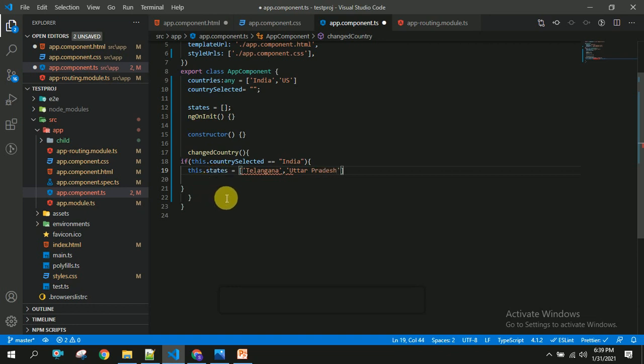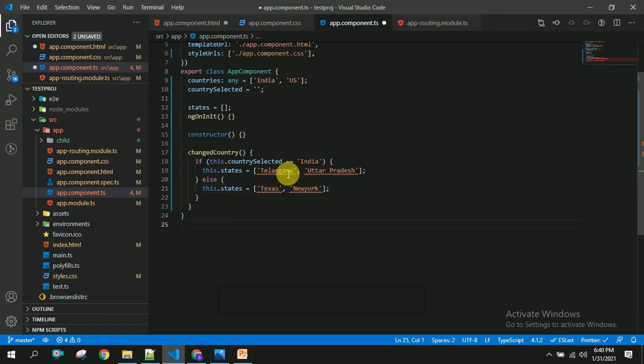So if user selected UK, then I am going to assign states with other values called Texas and New York. So let us save this.